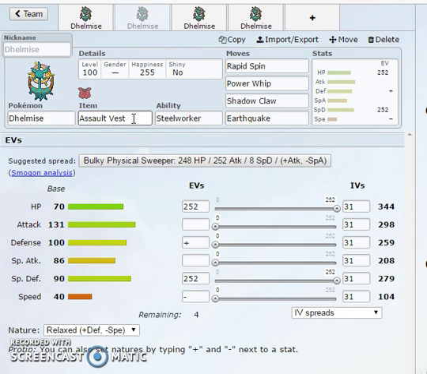I'm running the Assault Vest with the Rapid Spin, so it's gonna be your main Rapid Spinner if you use this set. Rapid Spin, Power Whip, Shadow Claw. I have no-brainers using both STAB moves and the Earthquake just for coverage. It hits Steel types, Fire types, stuff like that, and Poison types if you want to